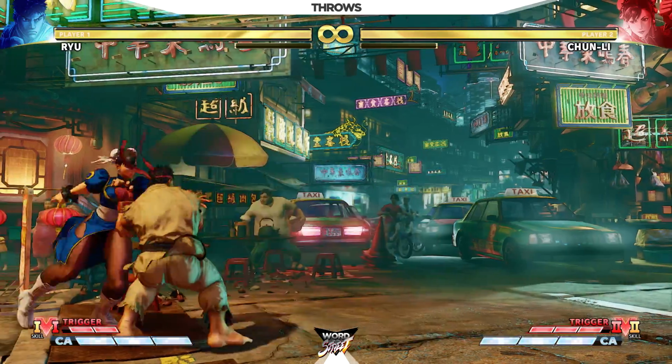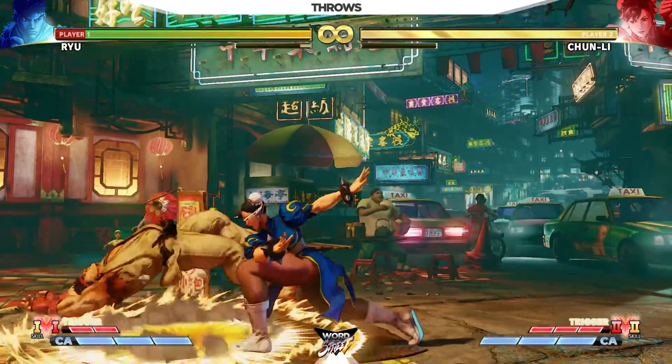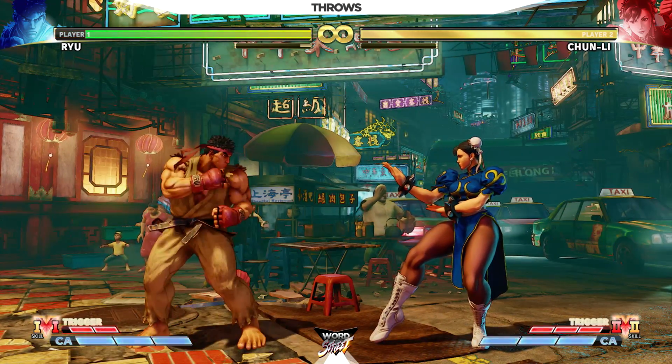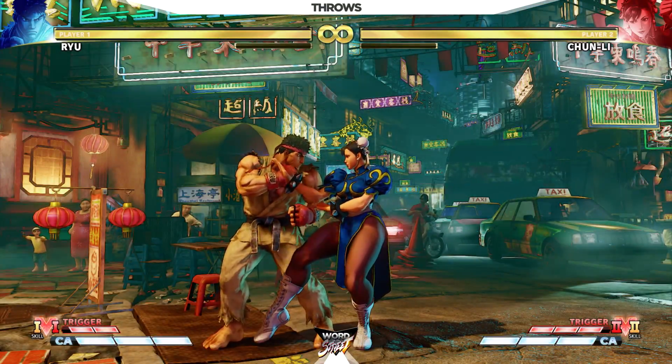Throws, also referred to as grabs, are quite prevalent in Street Fighter V and are a valuable asset to a character's arsenal. The two types of throws you should know about are the forward throw